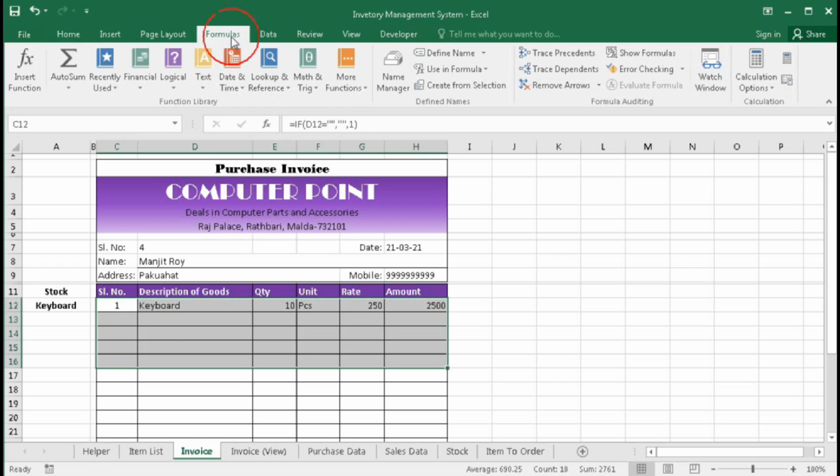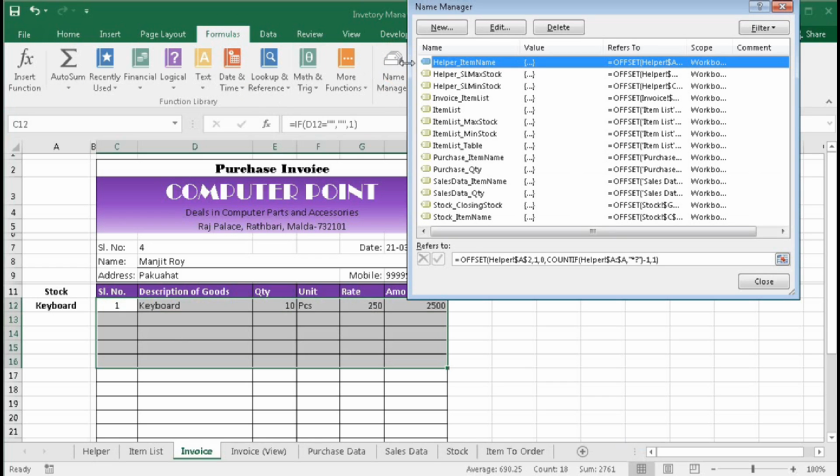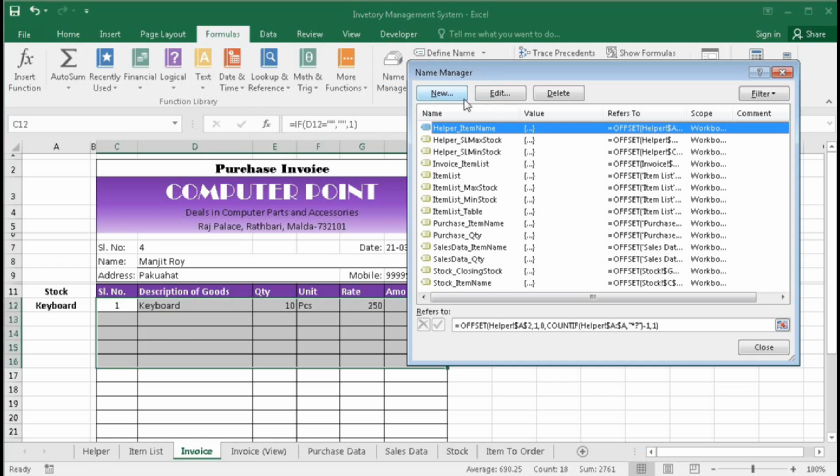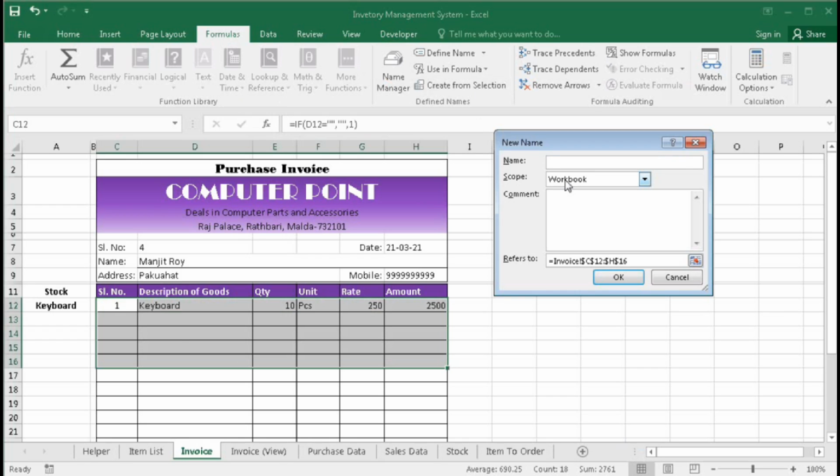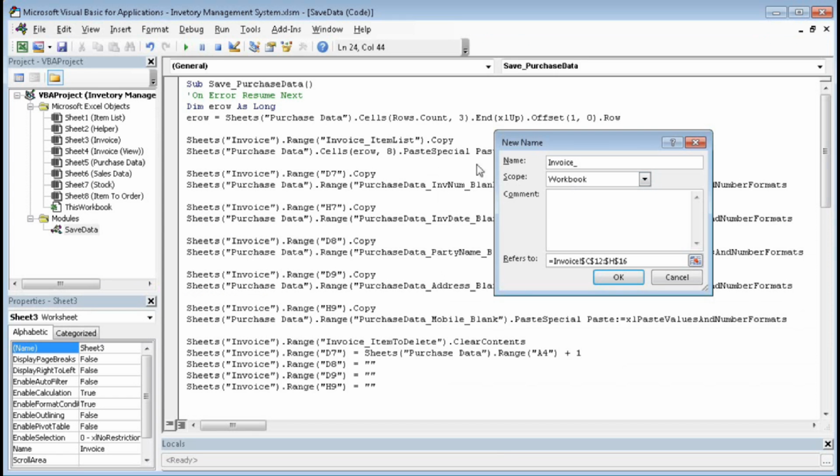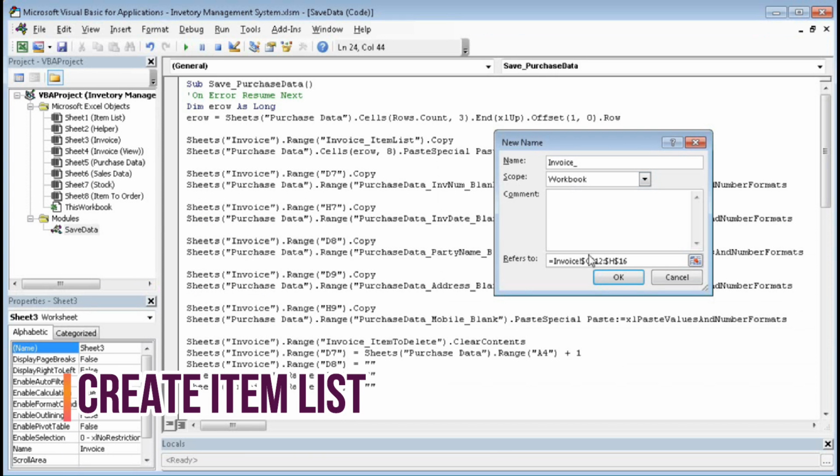Go to formula, name manager, and click new. Type here invoice underscore item list, that is our name.